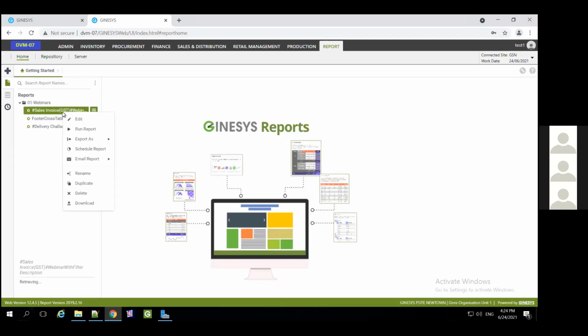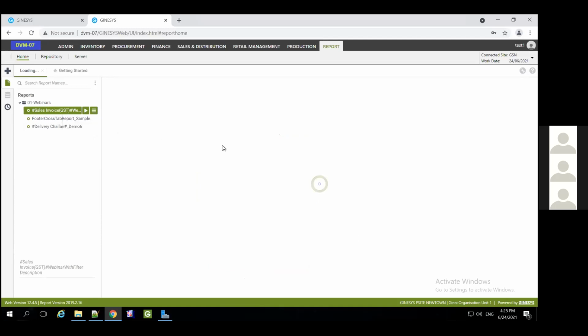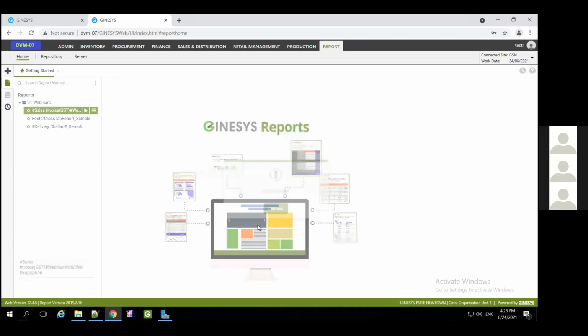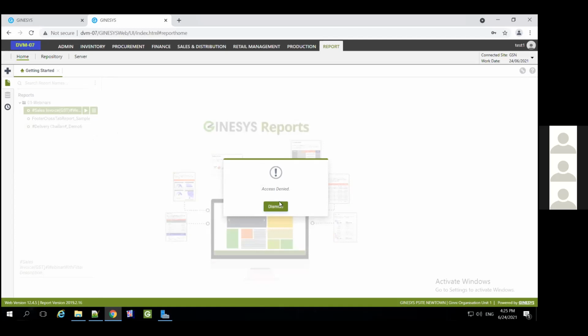Right now, is this good enough for the user to run this report? Well, it seems so. Okay, no, it is not. It says the access is denied. Though the option is there, ideally this should not be there. But see, although the option is there, the access is denied.